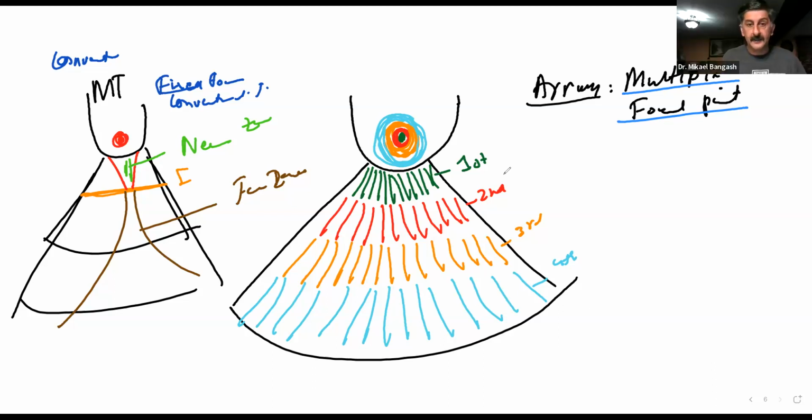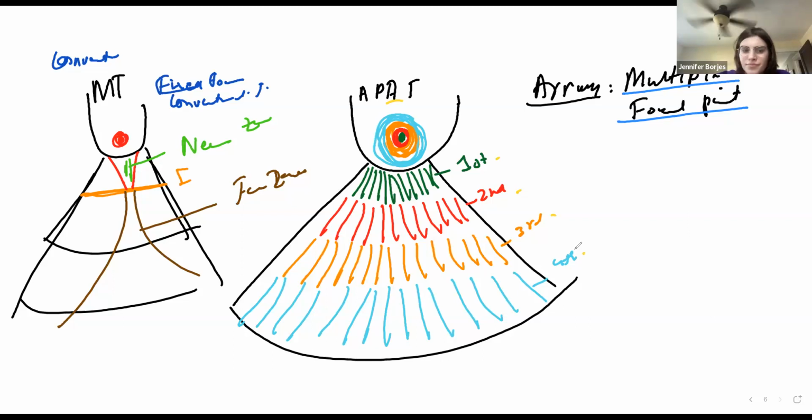Now, when we say annular phased array transducer, we said it's array. And that means we were able to focus at multiple depths. Clear? Yes. Good. The mechanism behind that was